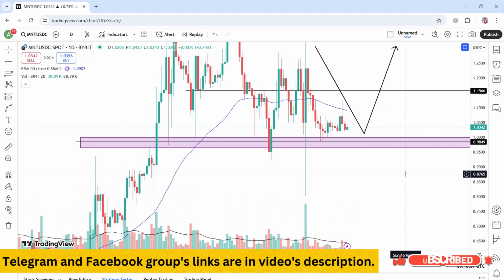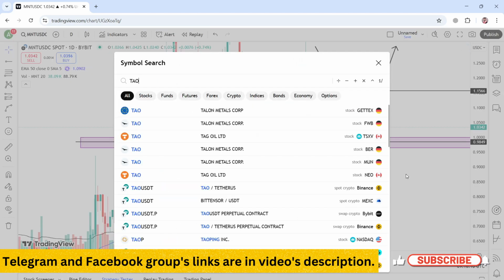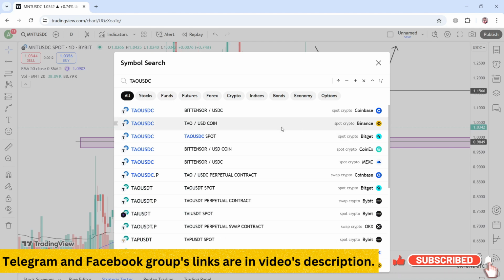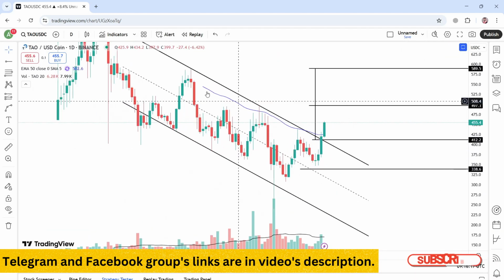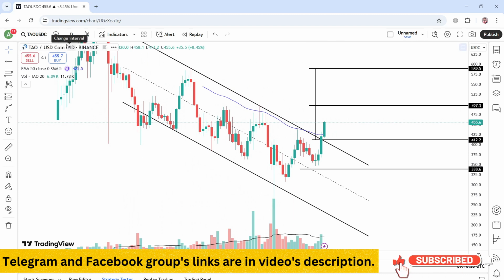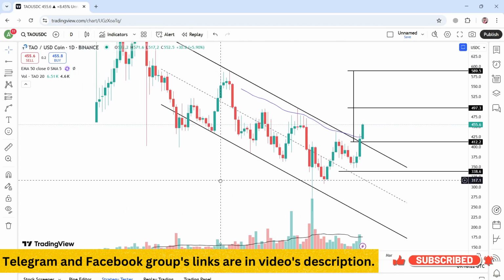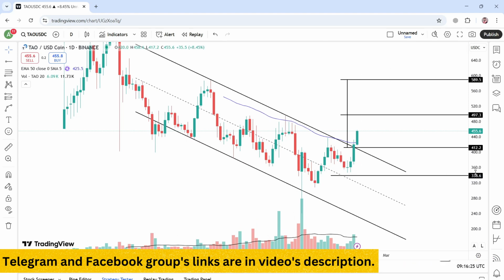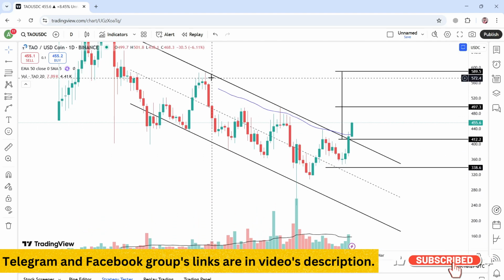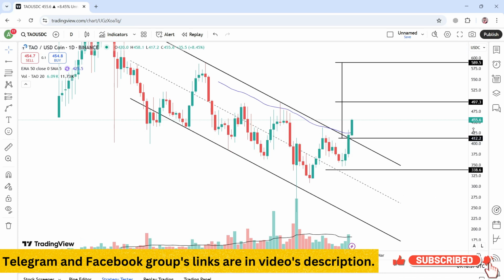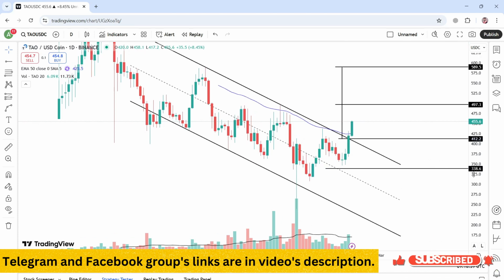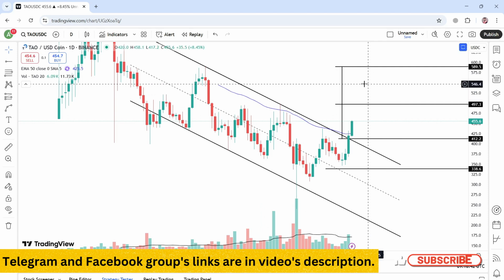So the next coin is TAO. If we discuss the trend of TAO against the USDC on exchange Binance, it has recently started its uptrend. It was consolidating in this falling channel formation, where its breakout level is at 412 in this candle. And after this breakout, it has exposed two targets on upside, where its first target is at 497 and its final target is at